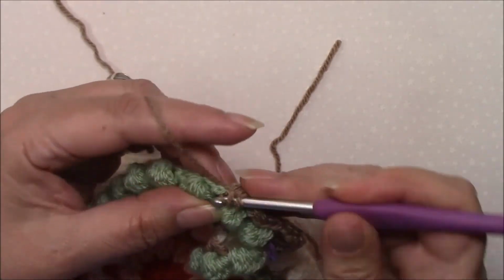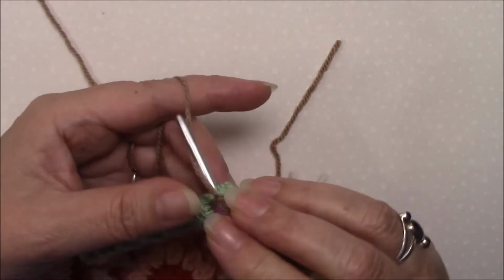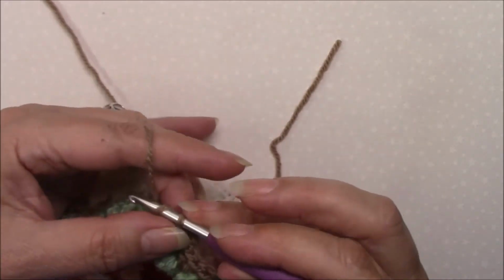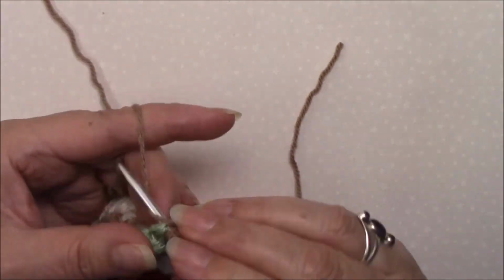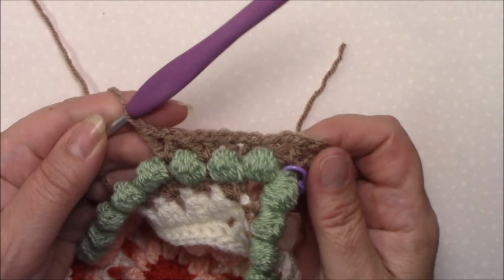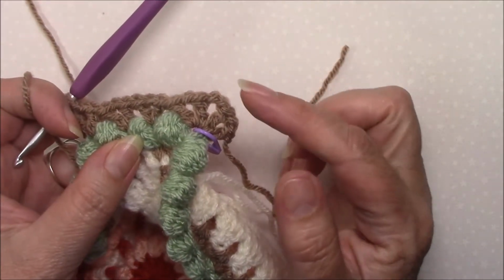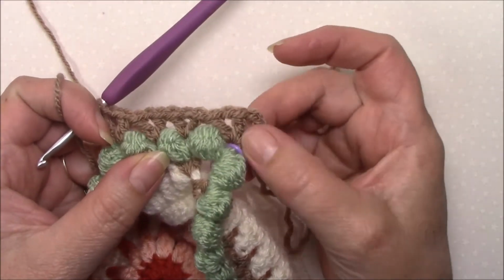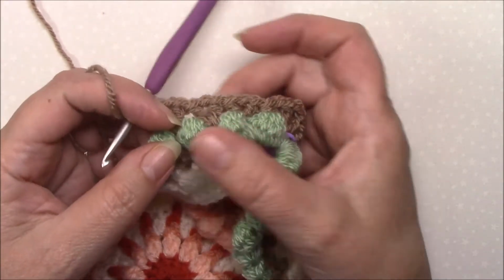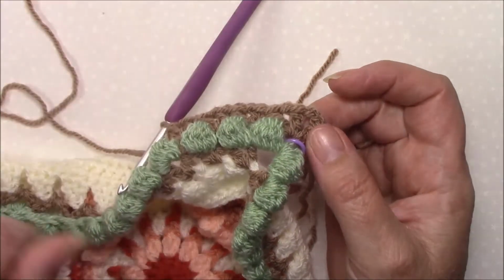V stitches. So again, this is a nice quick round after the bobble round, which takes quite a long time doing all those bobbles. Okay, so corner, V-stitch, chain 2, V-stitch into the chain 2 space, and then V-stitch between bobbles all the way along your